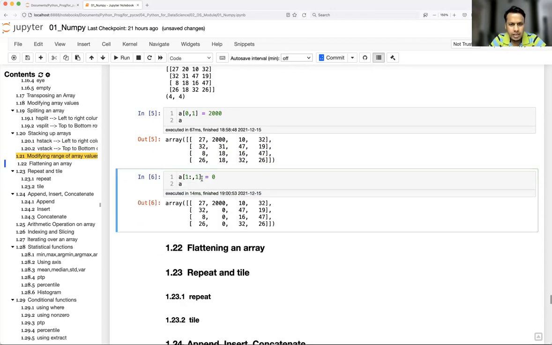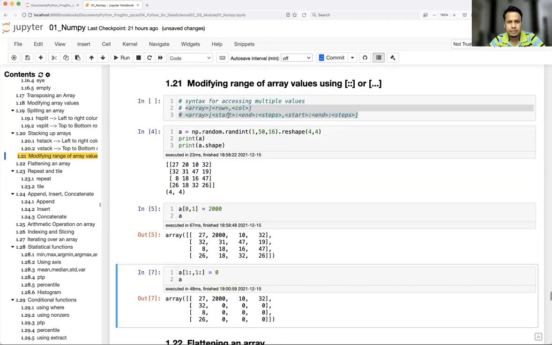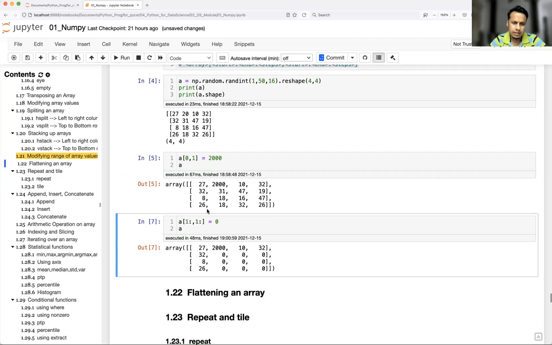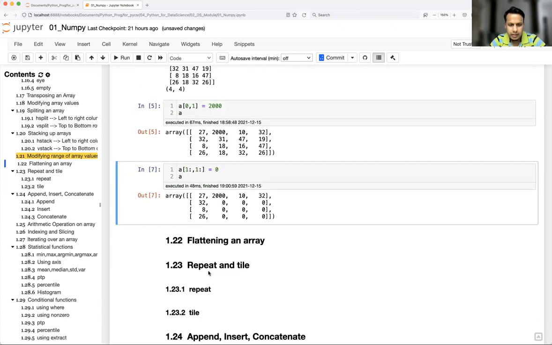Okay, so here I just mentioned one column. I would like to mention all. You see here, that's how you change the value. Pretty simple, right? So the only thing is you just have to remember the syntax, how to access rows and columns. So I'm going to talk more about this indexing and slicing in the next session.